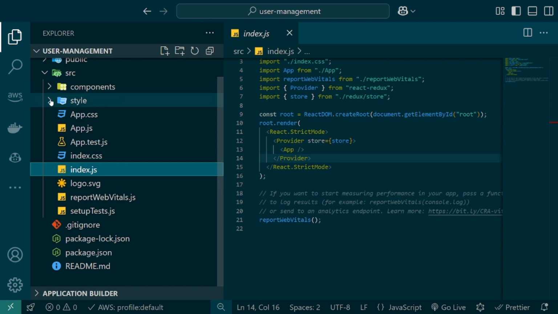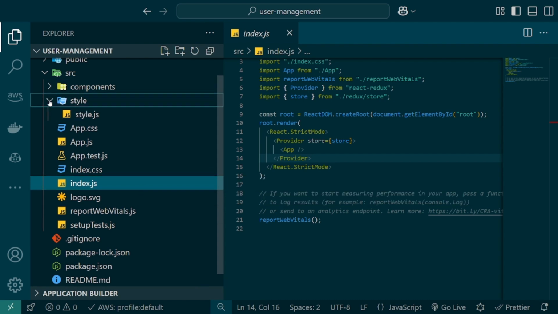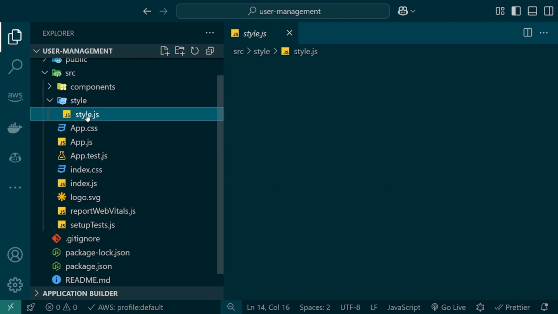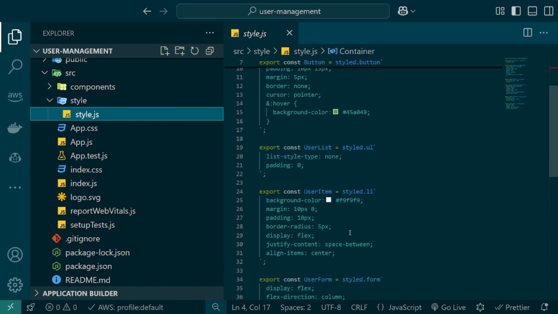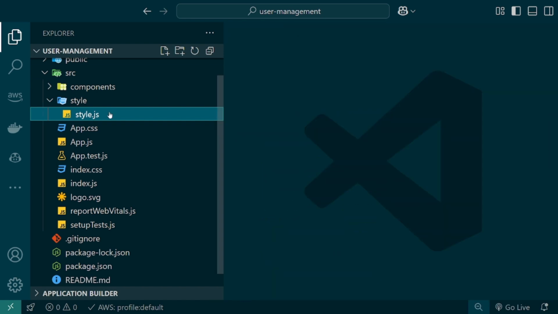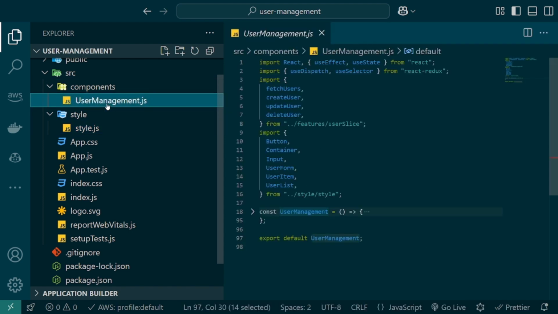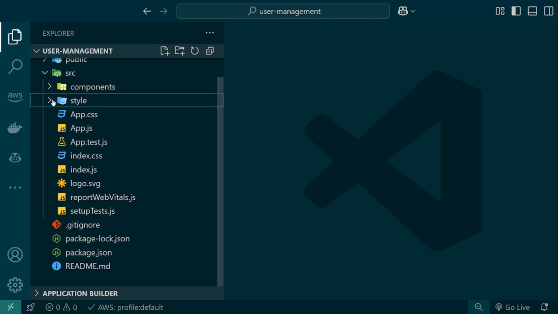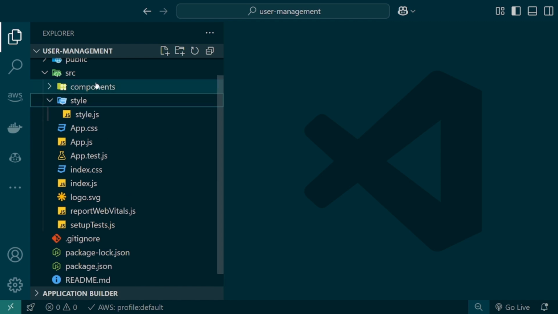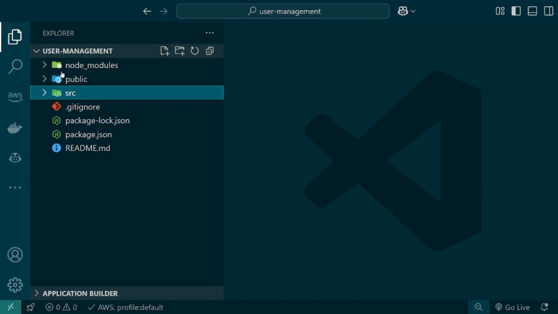Another thing I created by default, guys: there are two things I created before starting our project. One is style.js, which comes from the styled components, and the required styles I added for cosmetic purposes. Next is the component folder. I already created this component, but before jumping onto it, I need to do two things as I explained in the PPT. The first is the store, right? So what I'm going to do here,